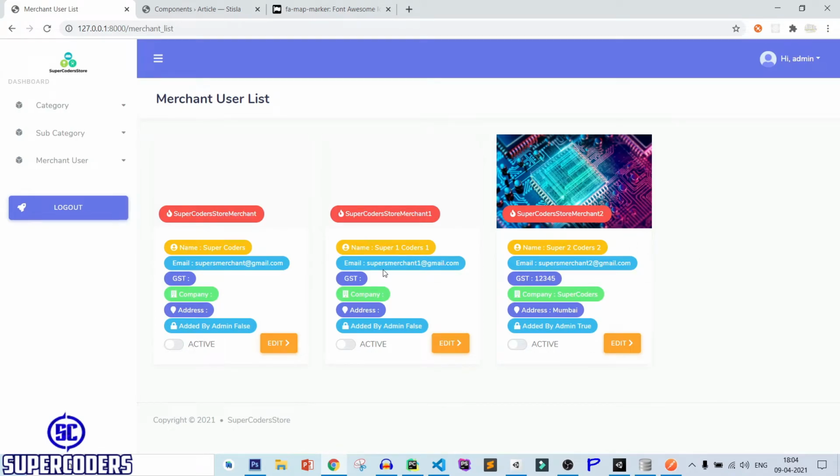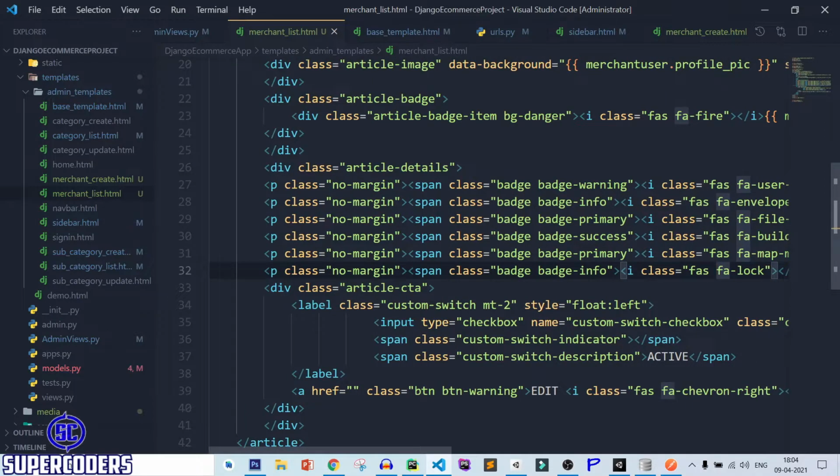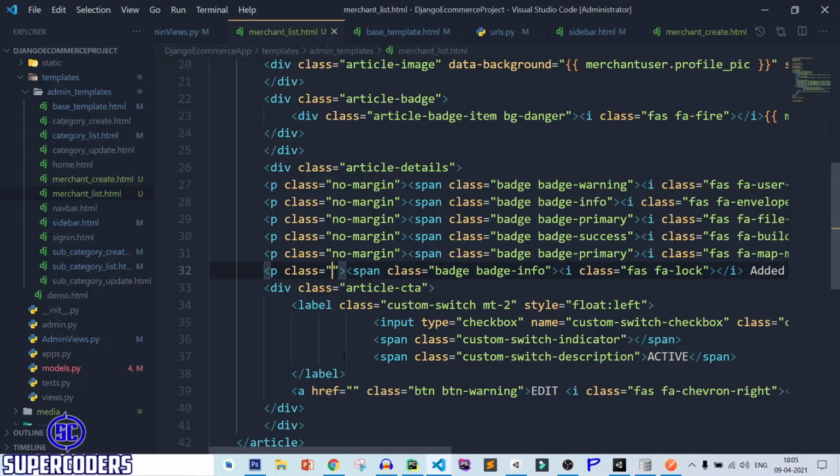So I added icons and details, and now it is looking much better. And also add the margin in bottom. So remove this, save it, refresh, and now it is looking perfect. Now after that, let's make it active or deactive according to status.